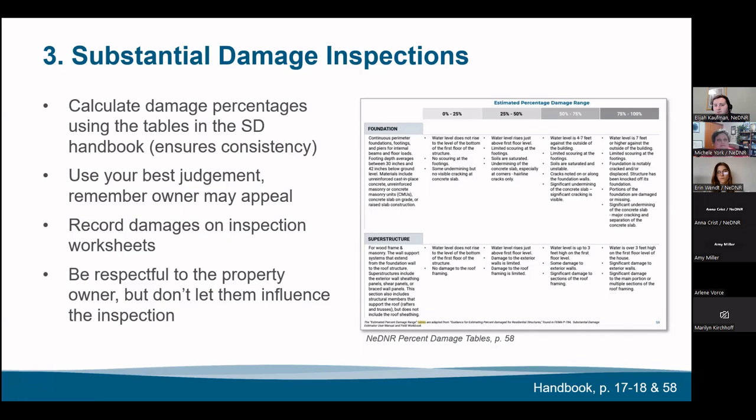Those damages are then recorded on inspection worksheets, and I'll show you the inspection worksheets that we have on the next slide. And again, be respectful to the property owners, but don't let them follow you around and influence the inspection. I helped a community do some substantial damage inspections last year, and this was a situation that we ran into. You just have to make sure you're not biased or swayed by the individual, because they will be coming